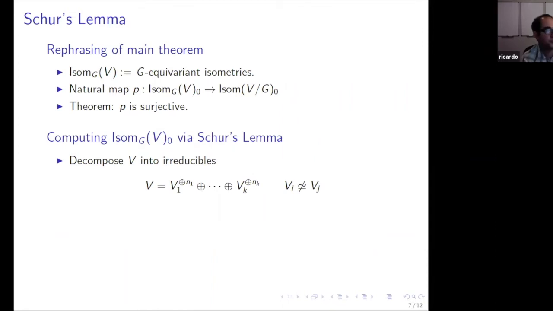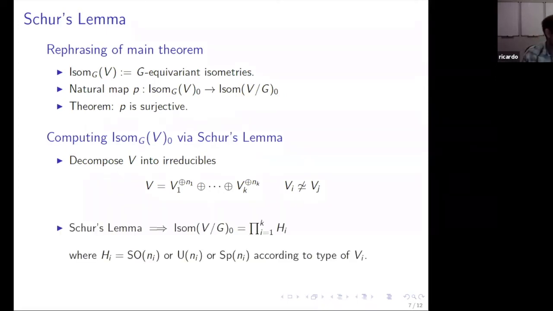Let's call them V1 up to Vk. Each one of those has some multiplicity, let's call them N1 up to Nk. What we're assuming here is that Vi and Vj are not equivalent, right? They're inequivalent representations. Then, if you apply Schur's lemma, you're going to see that the isometry group of the quotient